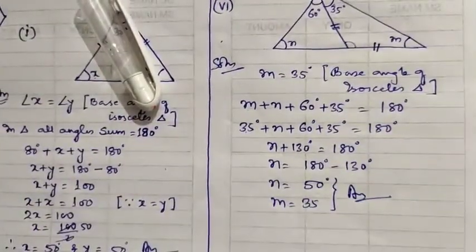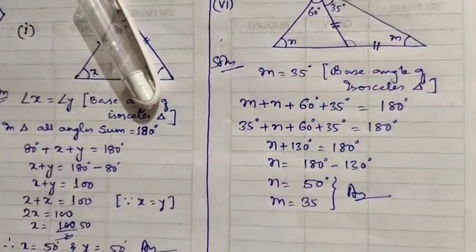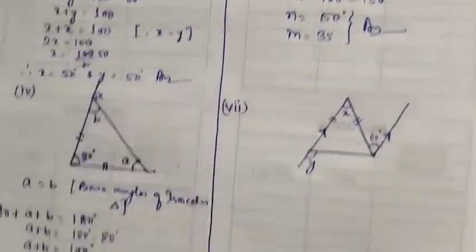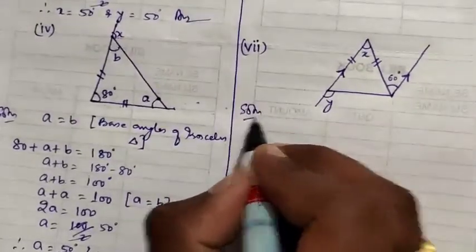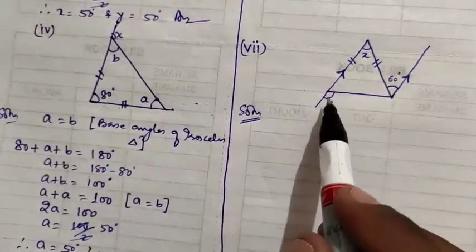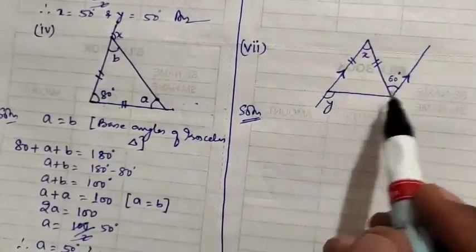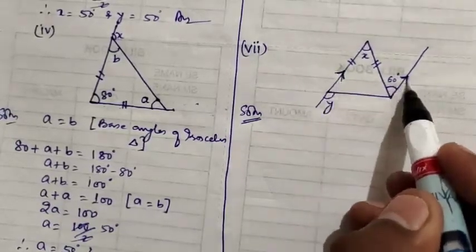What we are doing, we are simply using the properties, whatever properties we have learned. Now let us see question number 7. This will be the last question of this question number 1. Now in question number 7, here you can see that two side exterior angles are there. This is not called an exterior angle. Here you can see that in the figure an arrow mark is there.